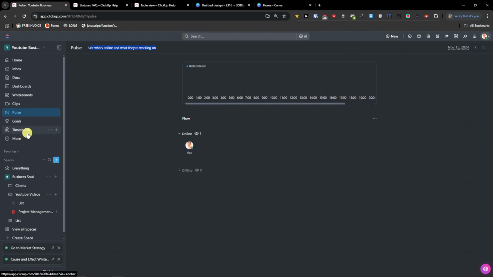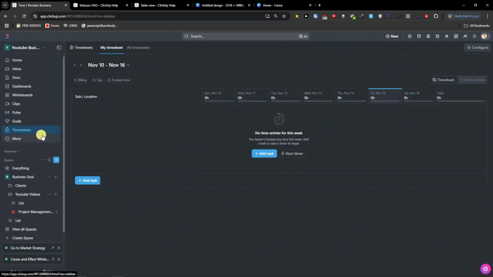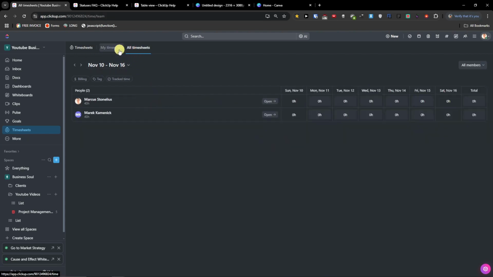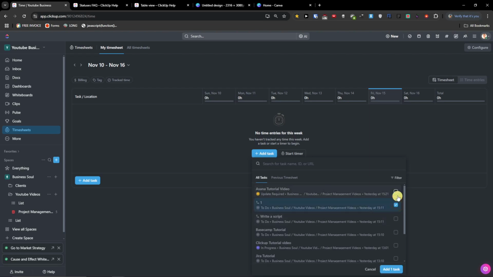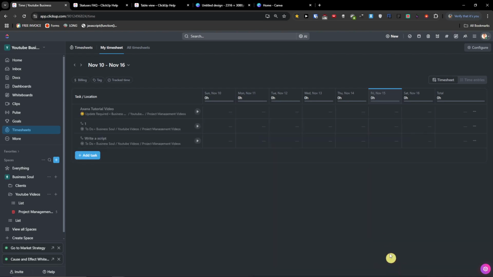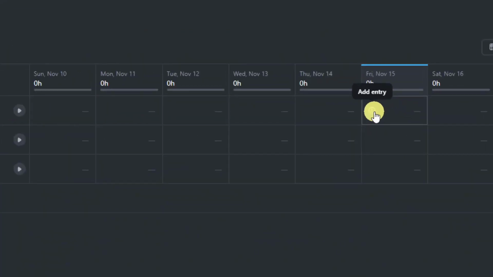Then the last thing I wanted to share with you is timesheets. In timesheets, you can have all your timesheets where you're going to have the entries. So I can click here, and let's say I'm going to add this task, this task, and look at that. So now what I can start to do is start a timer. So right now it's Friday. So I can either click here, add entry,